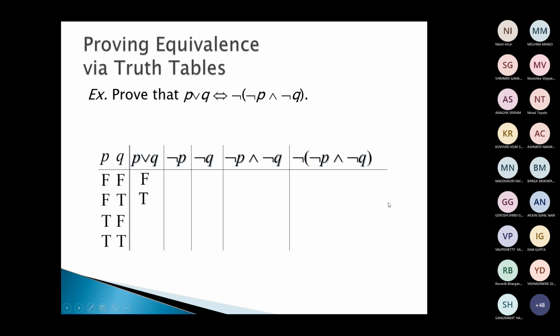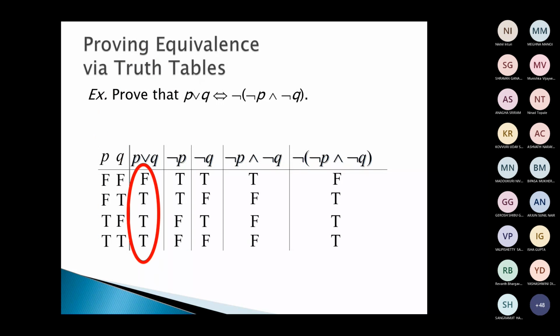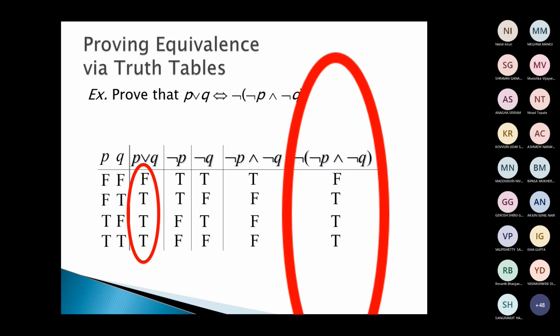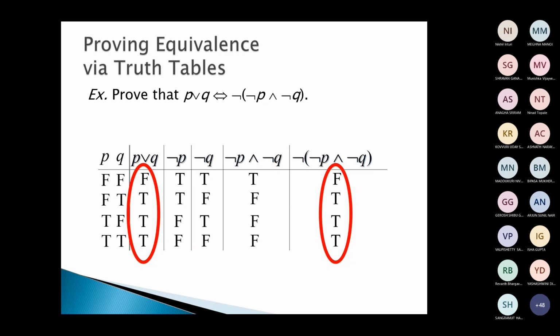If at all, should I show you this or you can do it by yourself? So prove that P or Q is equivalent to not of not P and not Q. Both have the same truth values. When you frame the truth table, both the columns are one and the same. Even one more thing you can add, you can find the biconditional between these two things. Suppose I call this as A, this as B, find the biconditional between A and B.